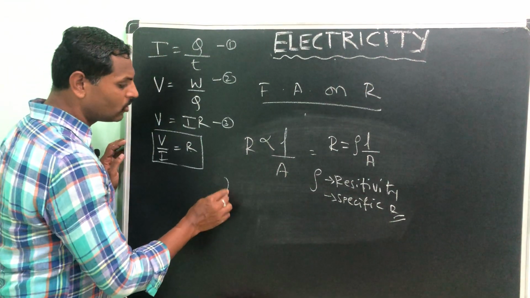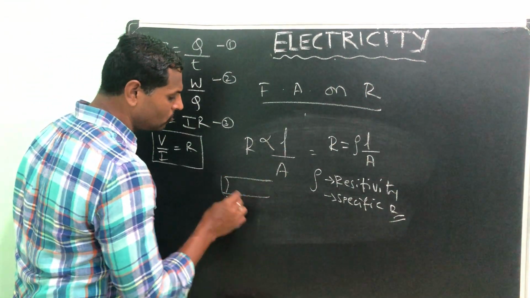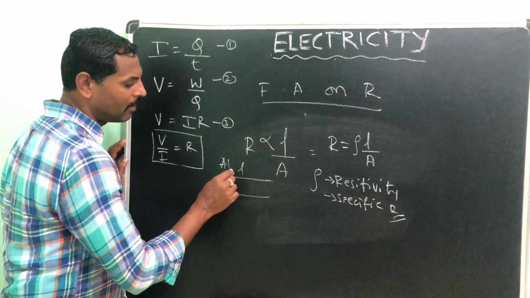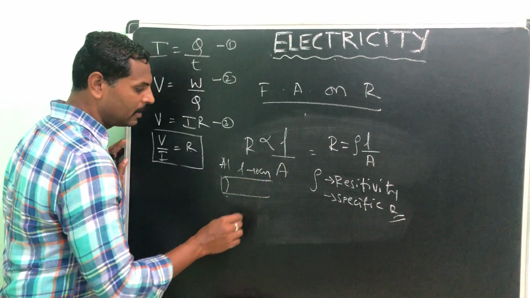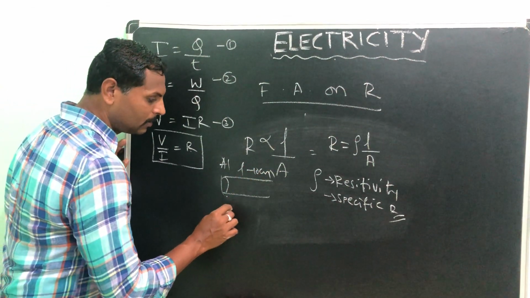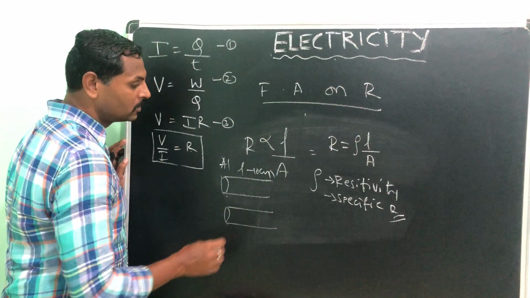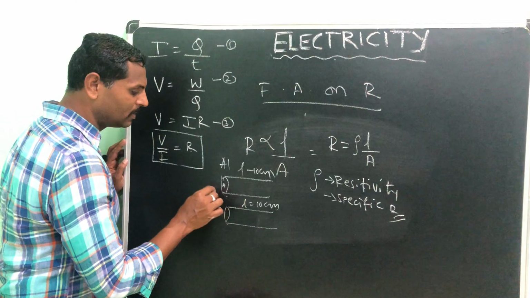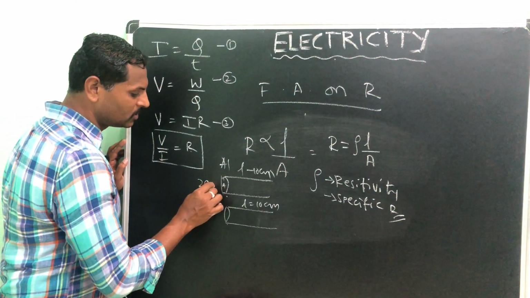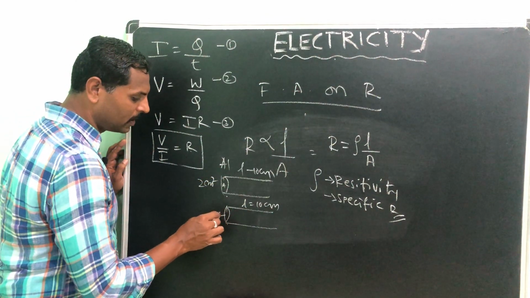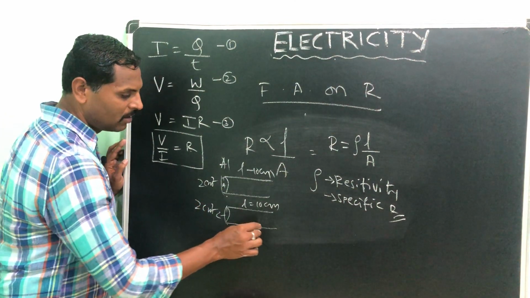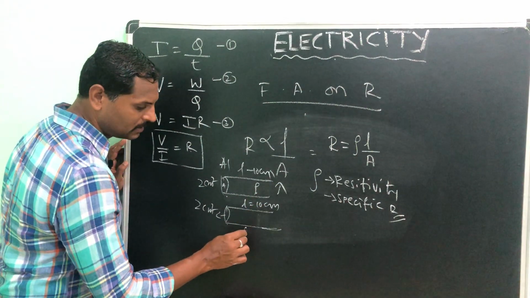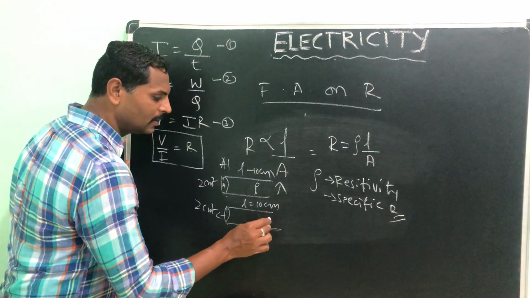Suppose I take two different materials of the same length. For example, this is aluminum having a length of 10 centimeter, and one more conductor I will take here which has the same length, that is 10 centimeter, and even the area of cross section is around 2 centimeter square, here also 2 centimeter square, everything kept the same. Whereas here its resistivity is more as compared to this, which is silver; its resistivity is less.